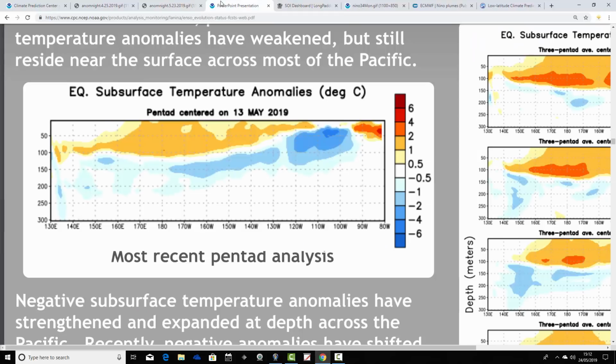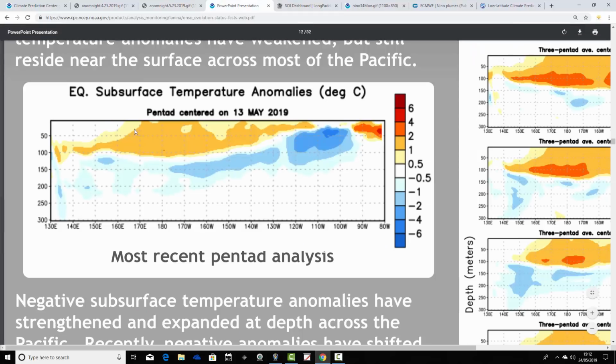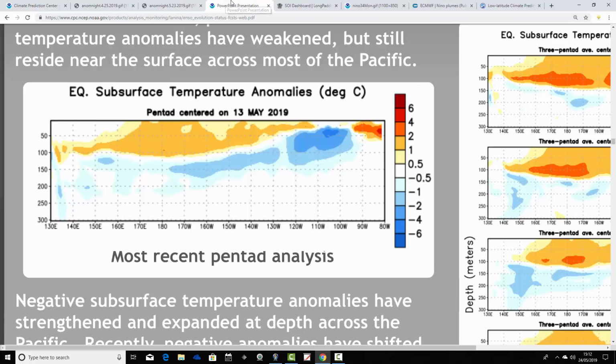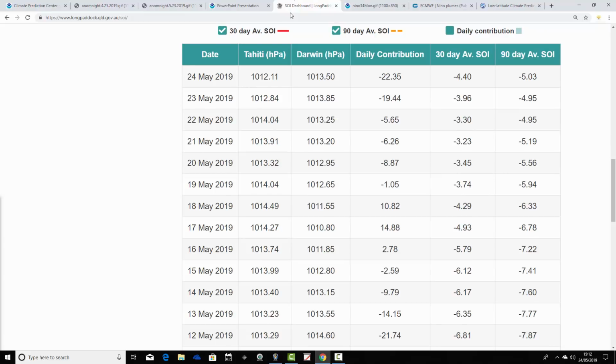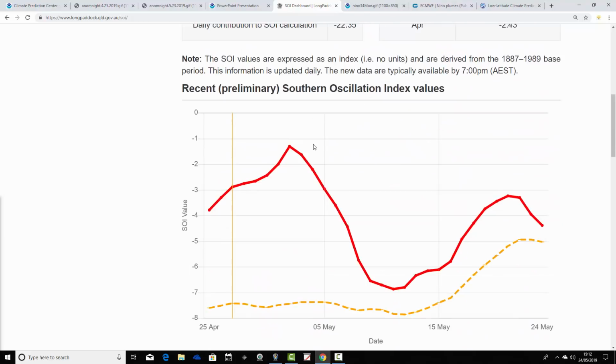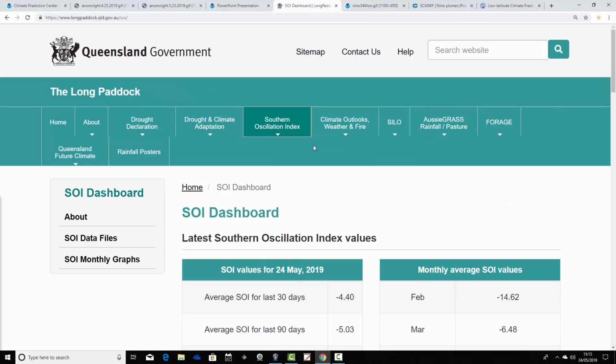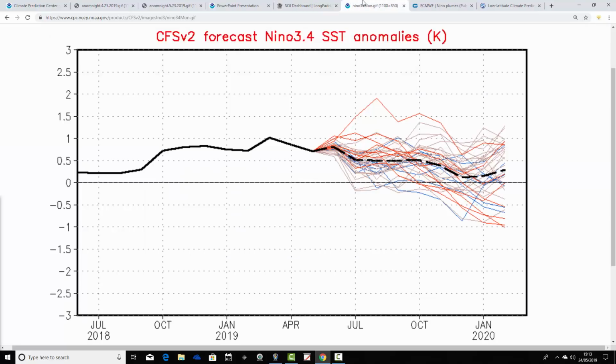We can see from the subsurface temperature anomalies that we've got a weakening, and from the sea surface temperature anomalies too, we've got a weakening El Nino signature. There is cold water at depth, and the atmosphere is trying to see whether it's going to be El Nino or La Nina that will get the ascendancy at the moment. What does tend to happen is that often you will stall at this sort of position and you'll just stick around ENSO neutral. Let's see what's going on with the models then, finally.